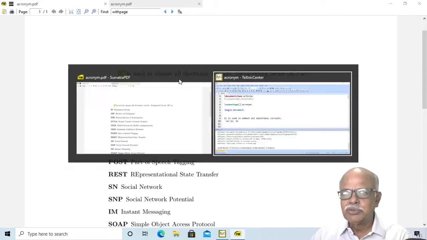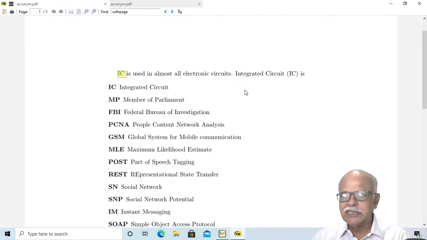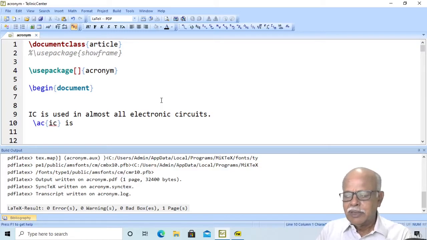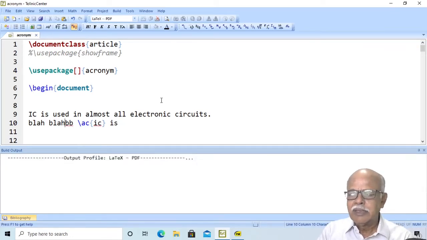In the first case I have used IC as such. Only here I have used the acronym command \ac{IC}. When you use it for the first time, you will have the full form followed by the shorter form within parentheses.